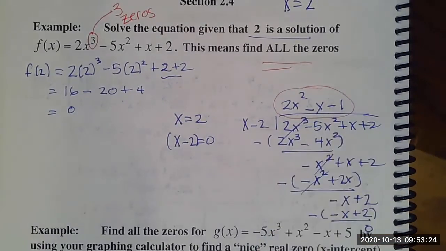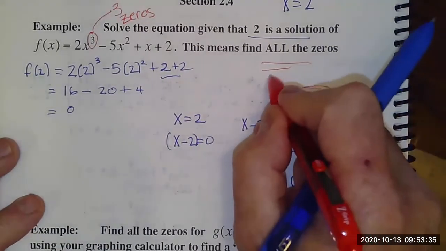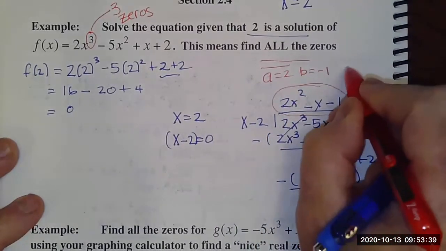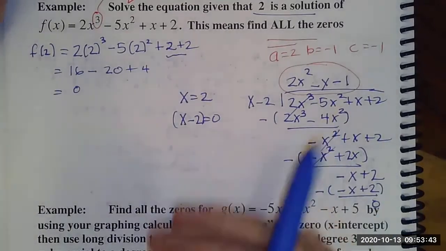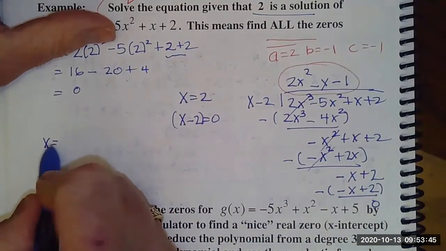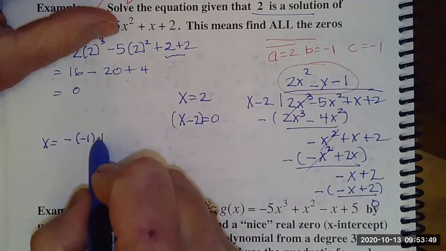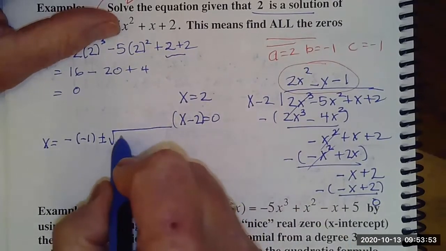Most of the problems coming up, you can't factor it because they're really weird decimals. So the only way of finding those answers is quadratic formula. I'm going to use the quadratic formula on this. Okay, the opposite of b, plus or minus square root b squared